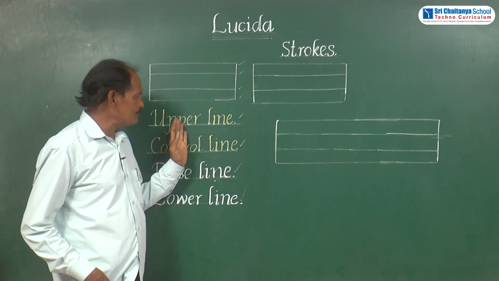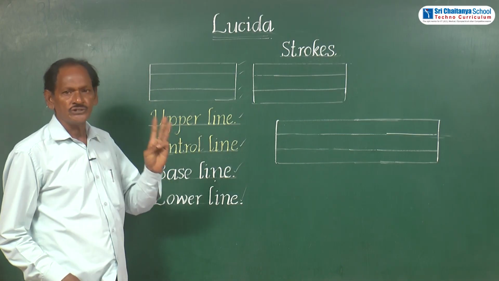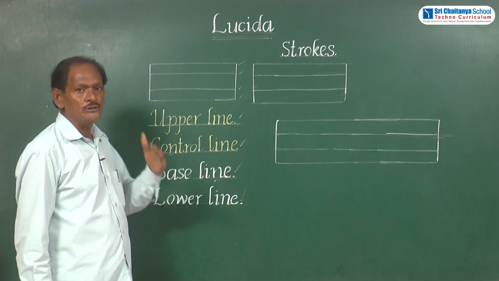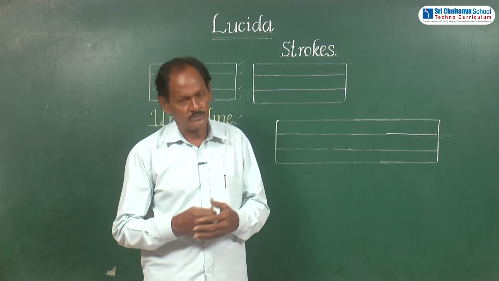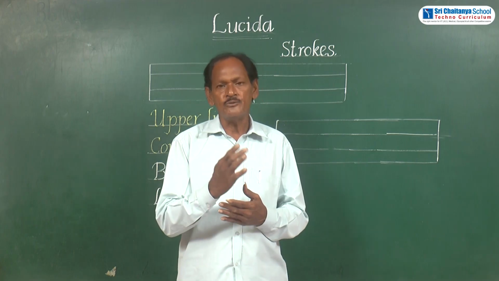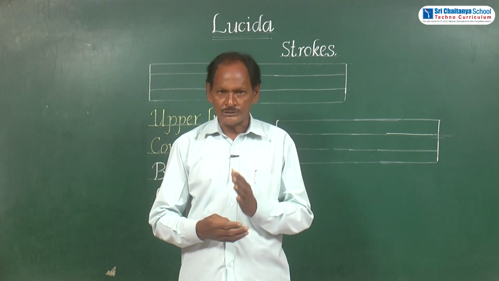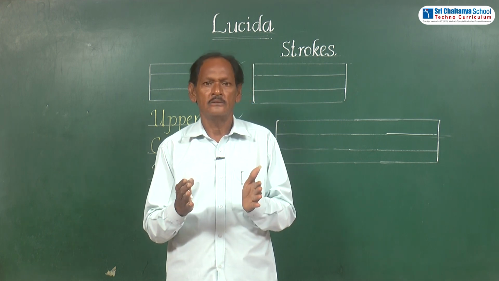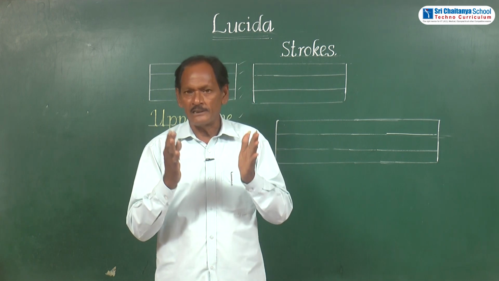These 4 lines make 3 zones. What is the meaning of zone? Actually, a zone is a place where a particular letter is written,